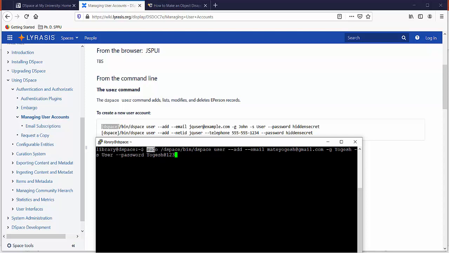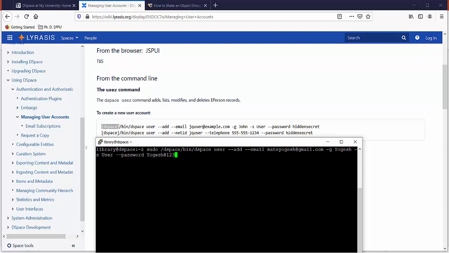Sudo is the super user do, that is for executing this command we need super user privileges. That's why we are typing this command as sudo /dspace/bin/dspace and the rest of the command. Then after email, you need to enter the email address of the new account.